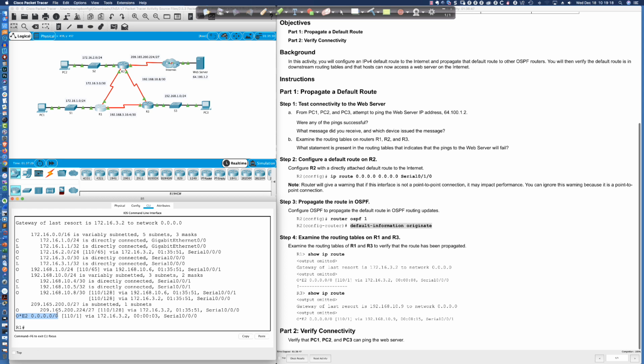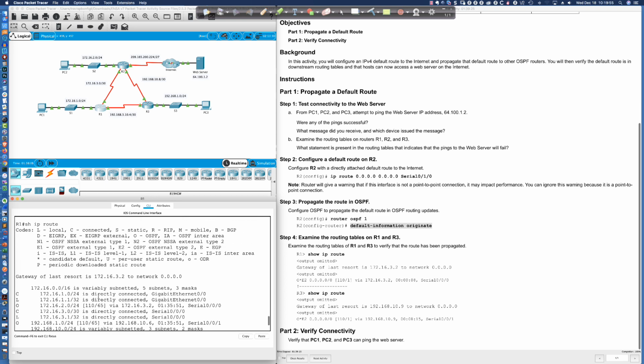And OSPF treats routing information that's being redistributed from other non-OSPF routing protocols, and that could be a static route. It could be a directly connected route. It could be an EIGRP route. It could be BGP. It could be IS-IS. It could be RIPv2. Whatever the case is, if it's not coming from the OSPF routing domain and it's being redistributed into OSPF, this is by default how OSPF treats that routing information. And if I go up a little bit further here to our codes,